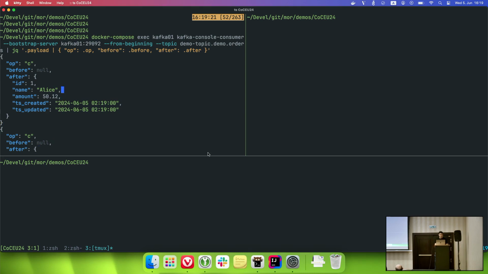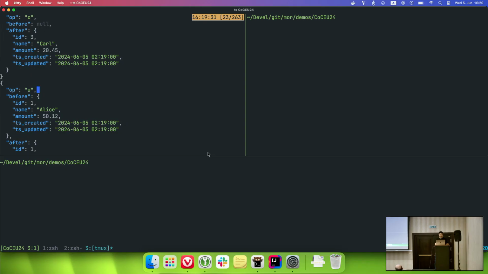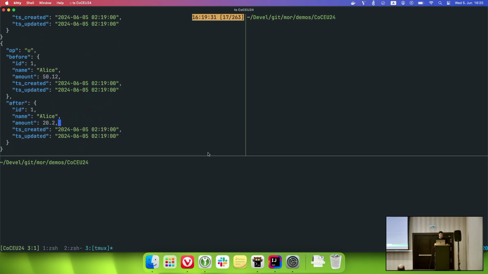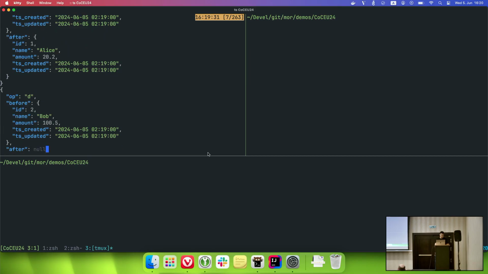The operation is create, not insert. In Debezium, it's a create. And we added one record with the name and amount, and another record. And we did an update on some record. So this is update before, the previous value of the record, and then we have an update after, the new value of the record. And we did a delete. We deleted one record.